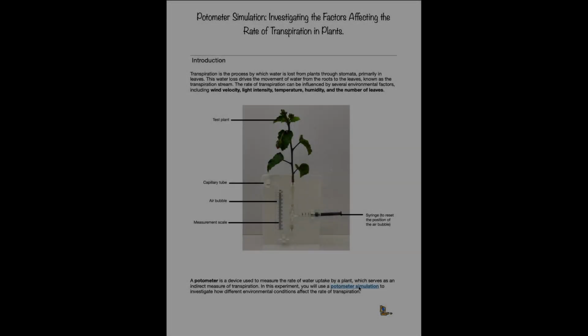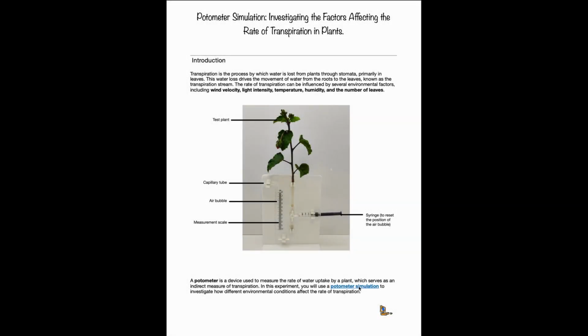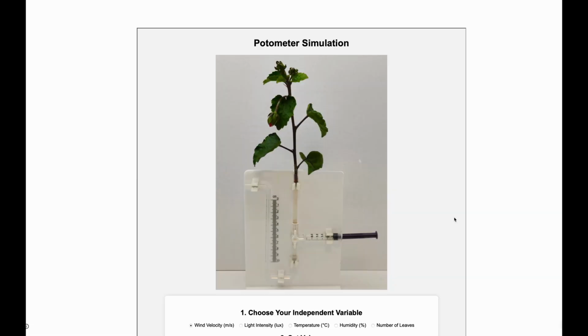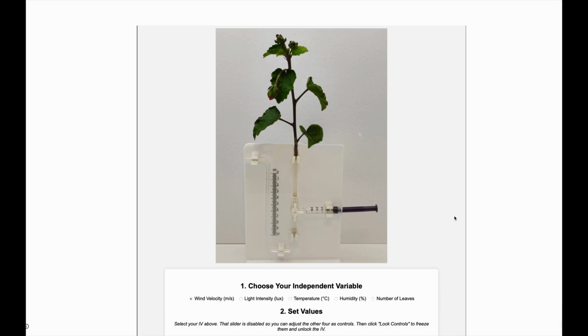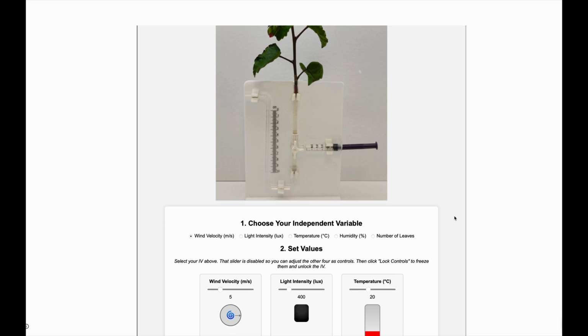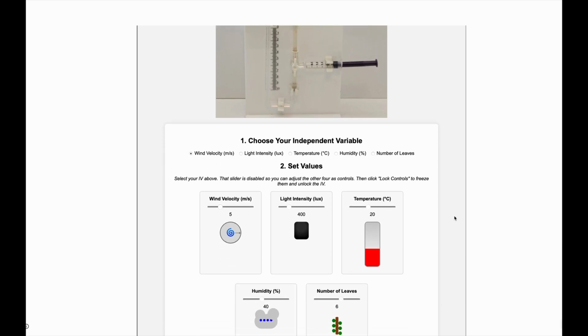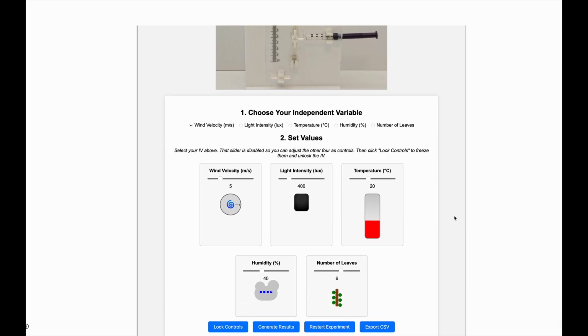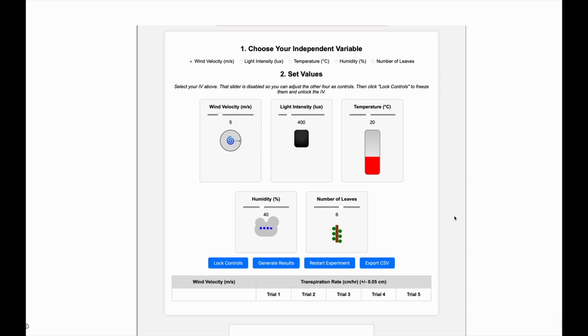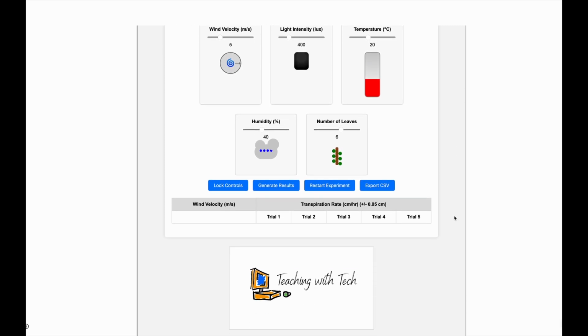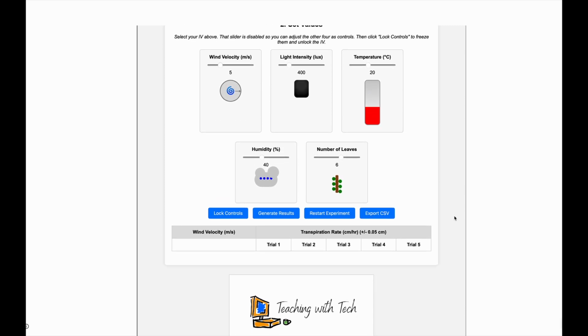Are you looking for an engaging way to teach transpiration? Meet the Potometer Simulation, a fully interactive tool designed for educators and students to explore how plants lose water. This easy-to-use virtual lab helps students investigate the effects of environmental factors on transpiration rates, just like they would in